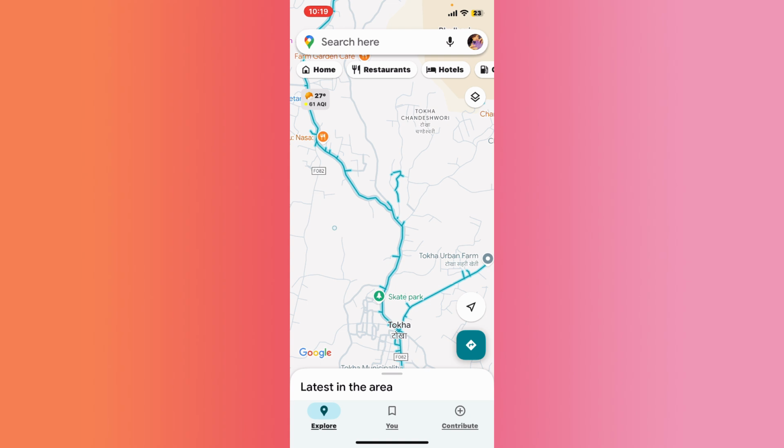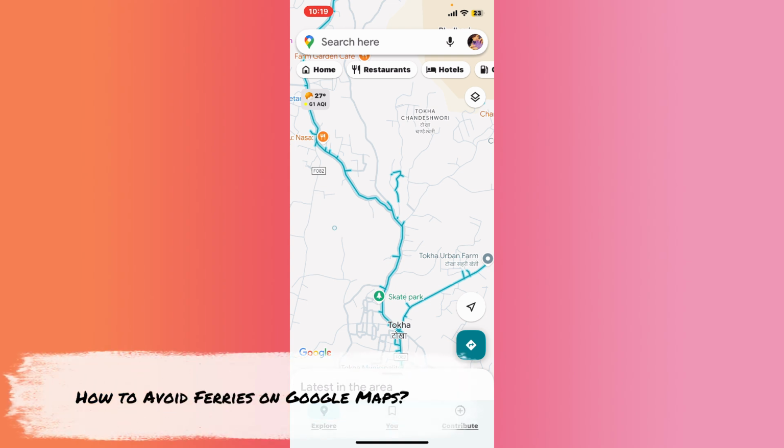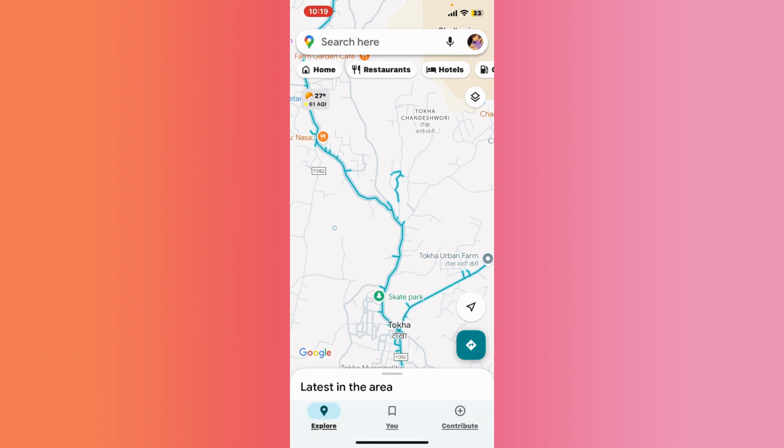Today in this video, we will be learning how to avoid ferries on Google Maps. First of all, on your phone or desktop, open the Google Maps application and make sure that you're logged in to your account. Once you are done, go to the search box at the top and type in your destination